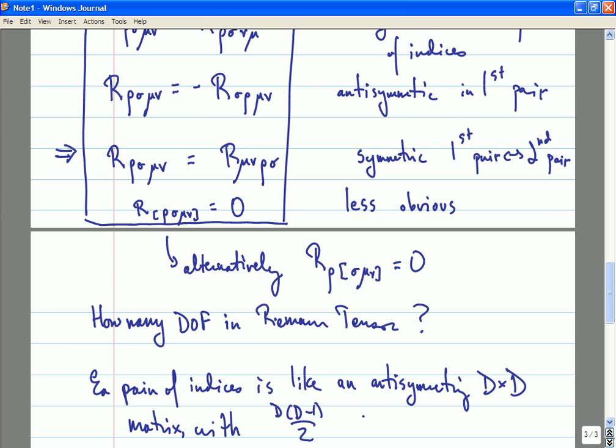That's just the number of independent entries of an anti-symmetric D by D matrix. So the first pair of indices can take one of D times D minus 1 over 2 values, and the second pair of indices can take D times D minus 1 over 2 possible values. So the whole Riemann tensor is described by the two together